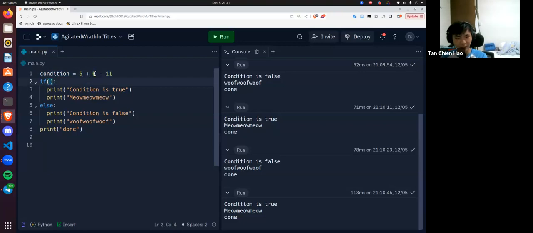But even as I write my own code, I'm very hesitant to say if 5, right? If you want to compare something with 0, I encourage you guys to always write if x double equals to 0. Don't just write if x equals to 0. It's a bit risky, right? So to answer your question, does this work only if the condition is a Boolean variable? No, it also works